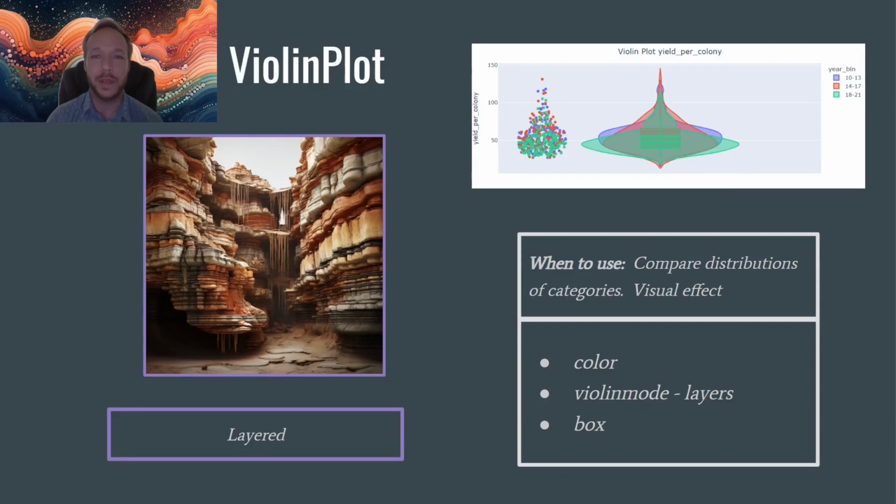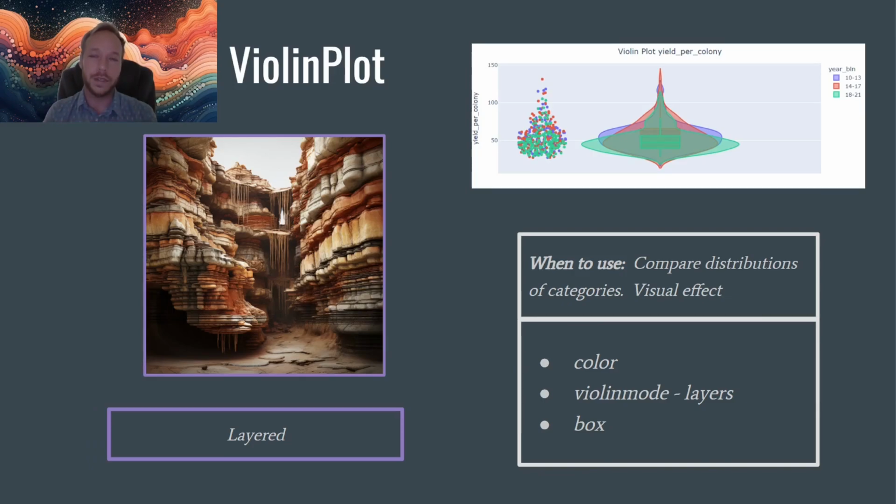Okay, so another plot that we can use in Plotly is our violin plot. We've seen this plot already and it works the same here. It's the KDE, the kernel density estimation on one side and then mirror imaged on the other side. We don't have the split option like we do in Seaborn, and that's actually one thing I do prefer the